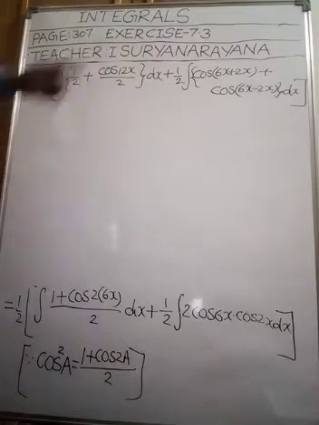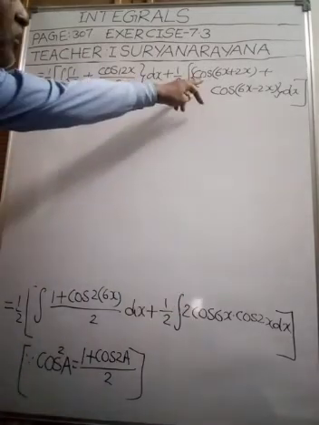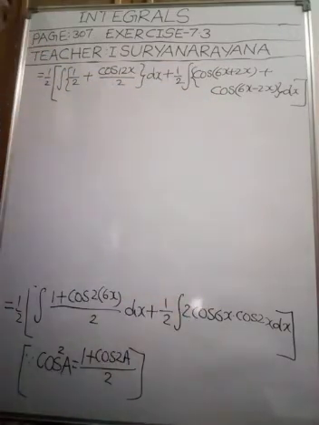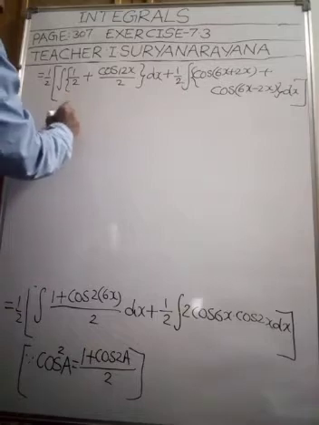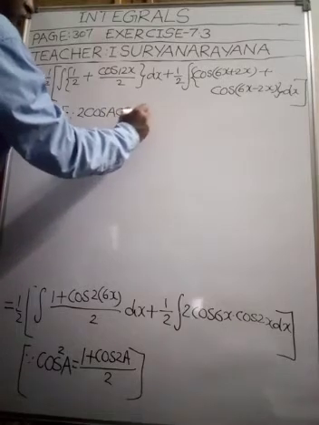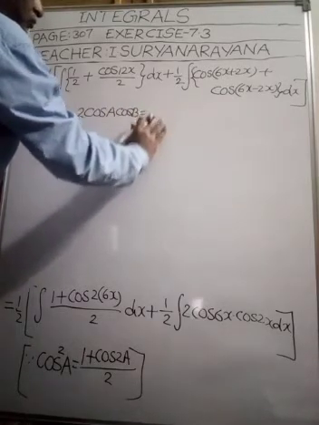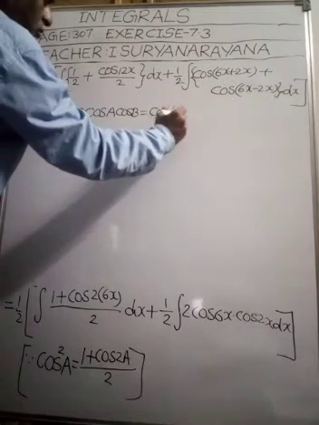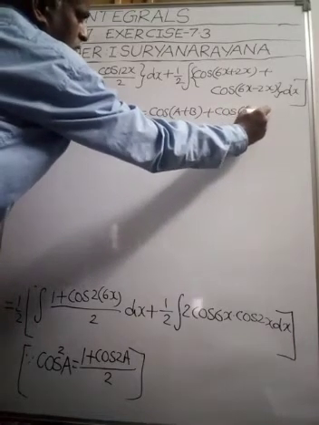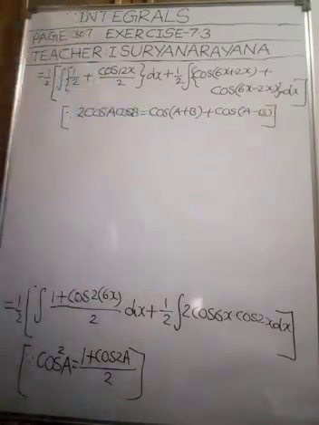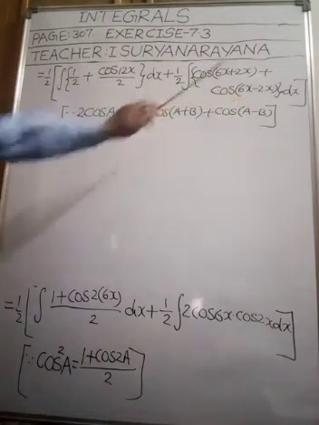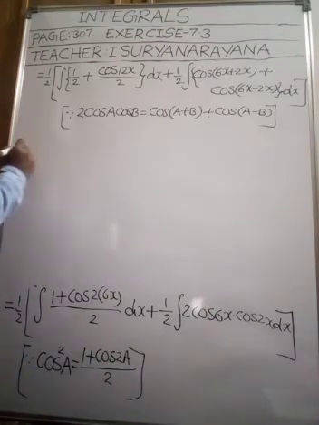Okay, my children, understood that for the second term we used cos(a+b) + cos(a-b) = 2 cos a cos b. So I will write here, because 2 cos a cos b is equal to cos(a+b) + cos(a-b). So by using this trigonometric identity, I wrote this part. Understood this part, my children? Right. This is equal to